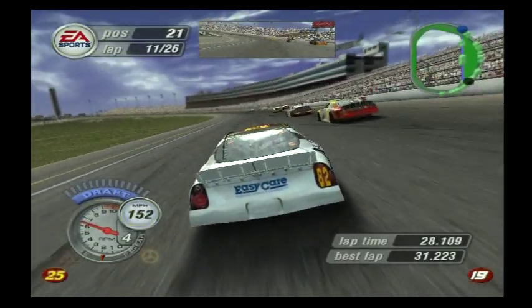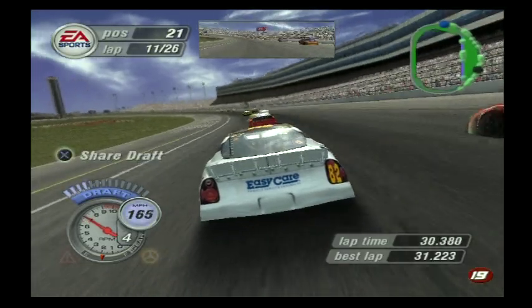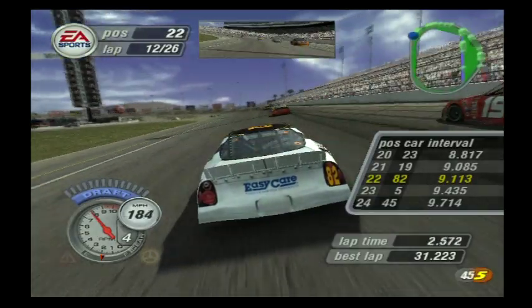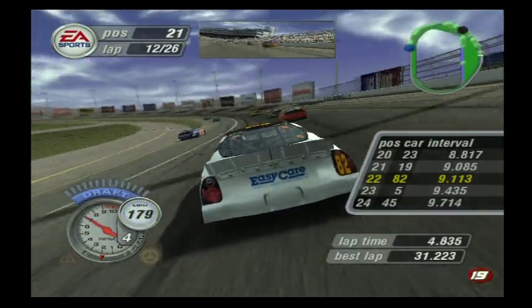Oh, thank God Kenny Wallace did not come in there. We would have just creamed the back end of that Dodge, and it would have been over for us. It would have been over for him. It would have been over for us. So what I want to do...